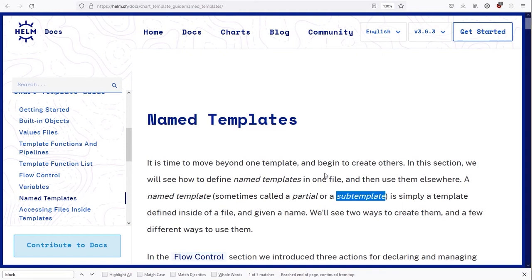Now, I'm not going to go into the full detail of how to work with named templates because this section of the course is getting quite long now, and what I really need you to be able to do is to understand the basics of this, but perhaps more importantly, I want you to be able to recognize what's going on if you look at a pre-written chart. If you need to look at the source code for a pre-written chart, it would be really useful if you could understand what's going on here.